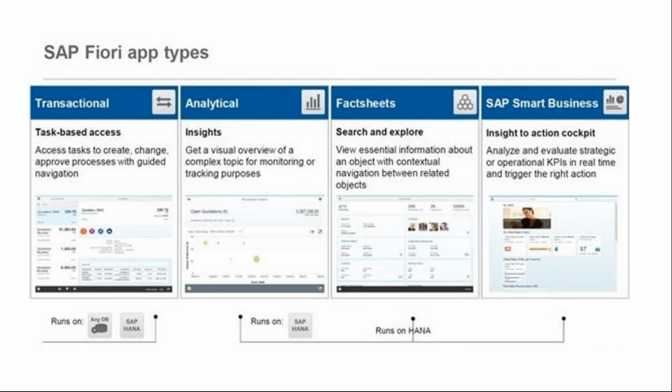So then you have smart business apps. What is a smart business app? Suppose a procurement person or an MRP controller finds there is some shortage of raw material in my production line, which is going to affect my production line, which they could foresee 4-5 weeks, or 6 weeks, or 1 month before. So they can see if there is any purchase order released for the particular material to the vendor. If they sense the quantity for which the purchase order has been released for procurement of the raw material is maybe not in line with the shortage that they could foresee, they can intervene there and then, because they have visibility of the purchase orders.